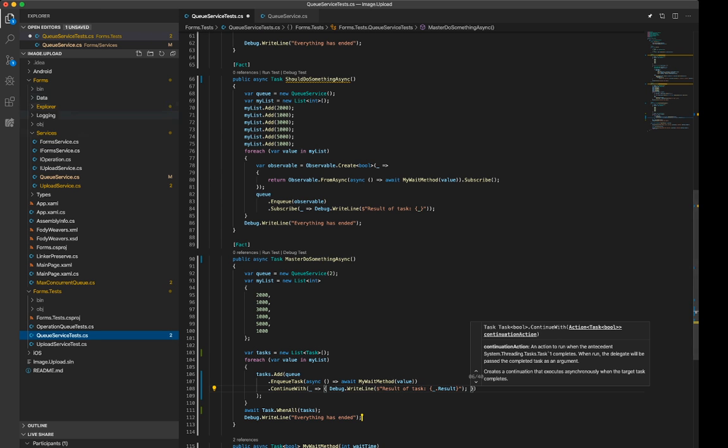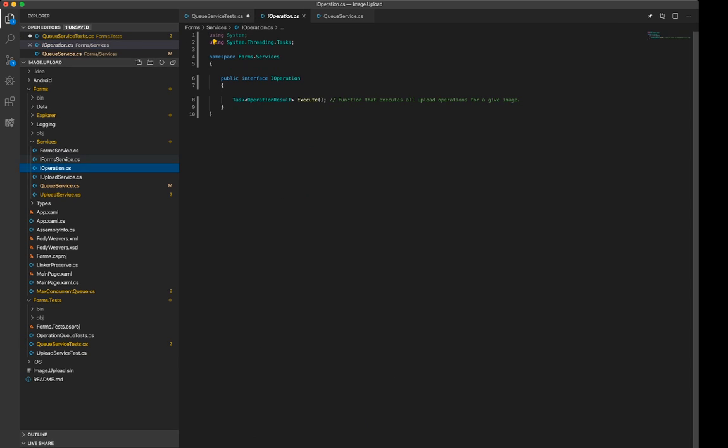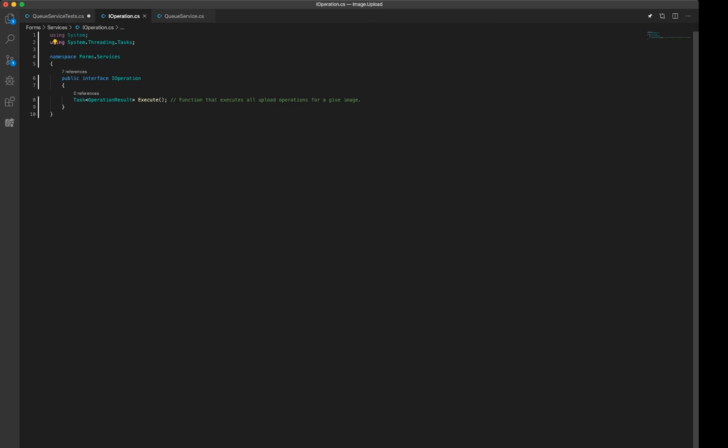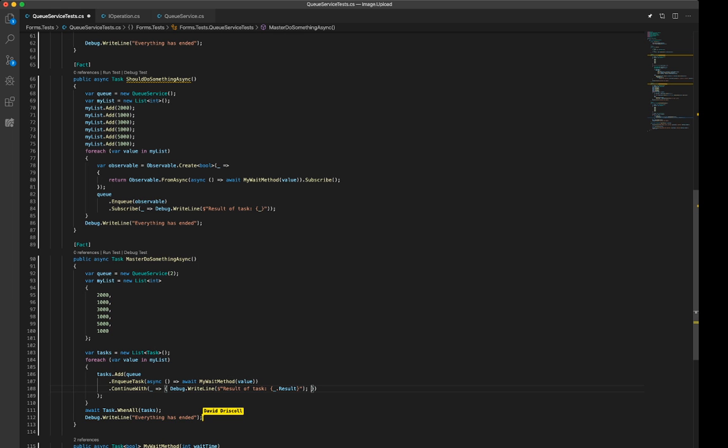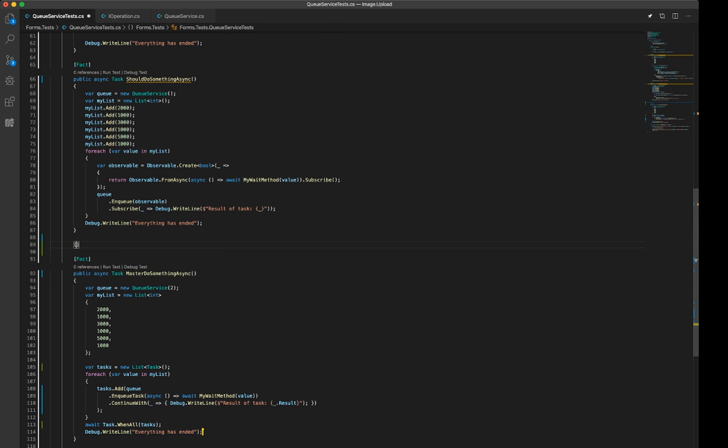So my initial thought was, and this is where I'm going to start to break my brain, I would have some set of commands that do something. Candidly, I would rather this be observable, but I know how finicky people can be about observables versus tasks. So anyway, here we are. My thought process was this, and then I just send in some new operation to the enqueue. So it would look something like